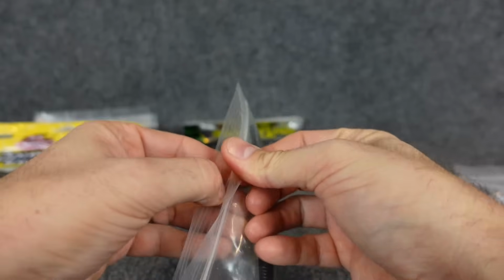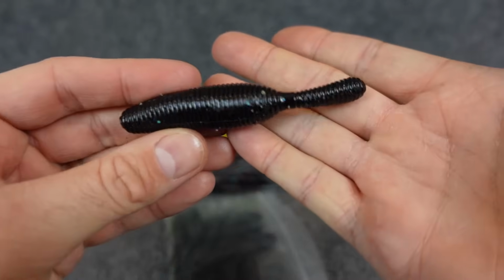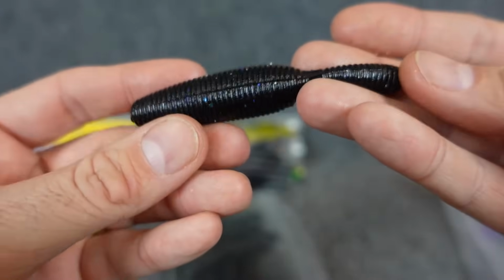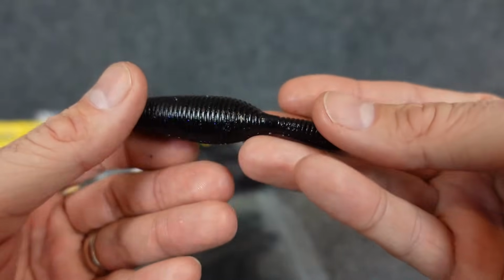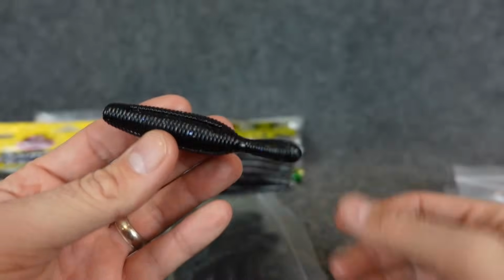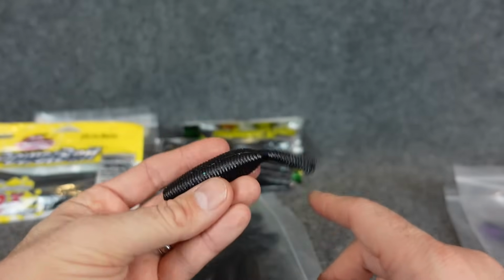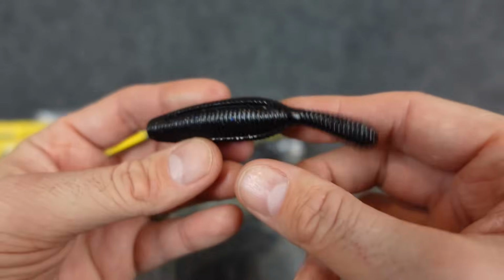What else we got? Oh, that's interesting. Do they have a Yamatanuki-ish type mold, or I wonder if he just ran his own silicone mold off the Yamatanuki. That's pretty cool. And nothing wrong with doing that if you're using these for your own use, not selling or anything. Very neat. And I did have a lot of luck on these. Now, the big thing with the Yamatanuki is it's full of salt, super heavy. I don't know if this is going to be as heavy, but just put a little bit of nose weight on there. You got your own little